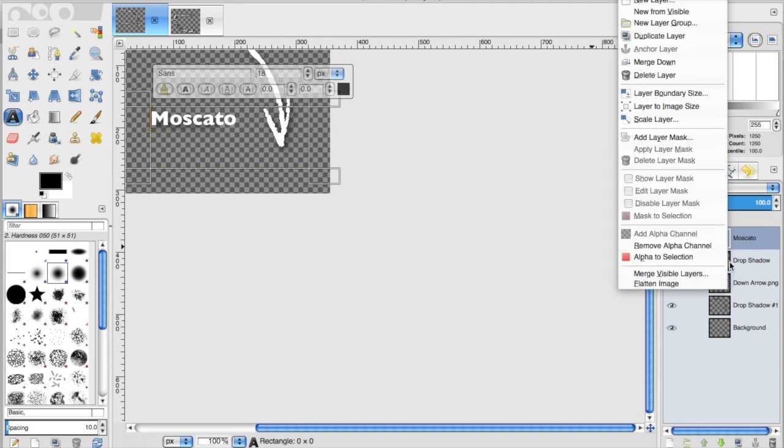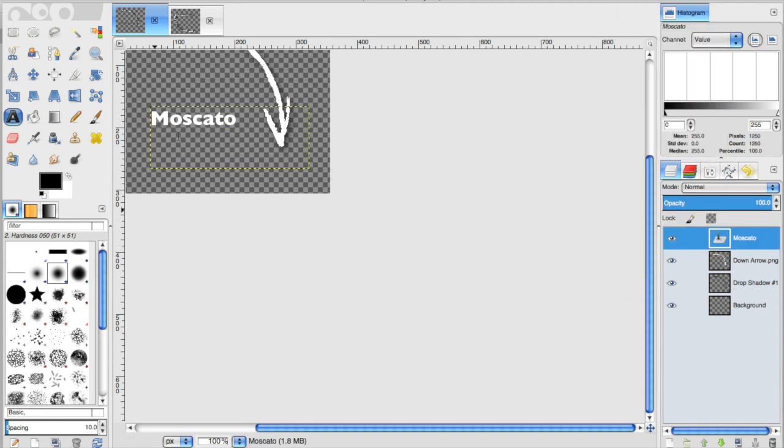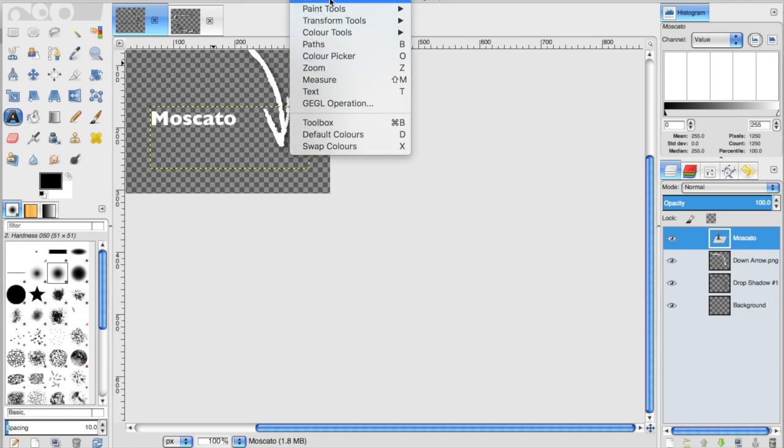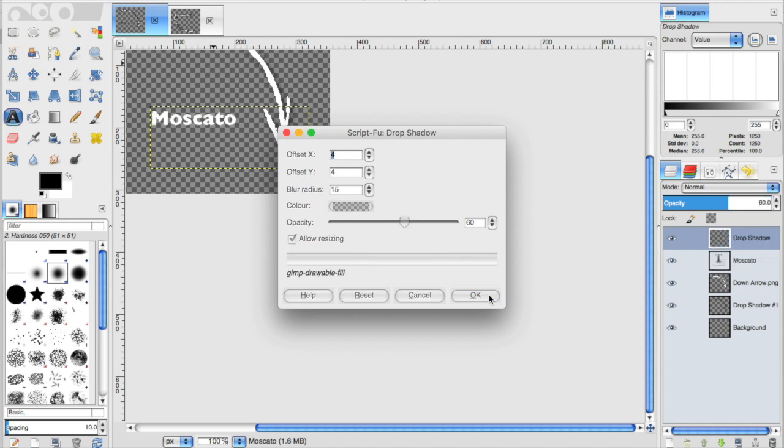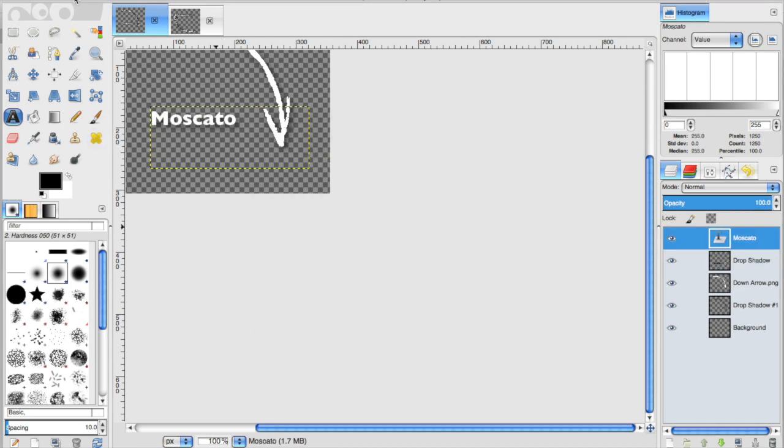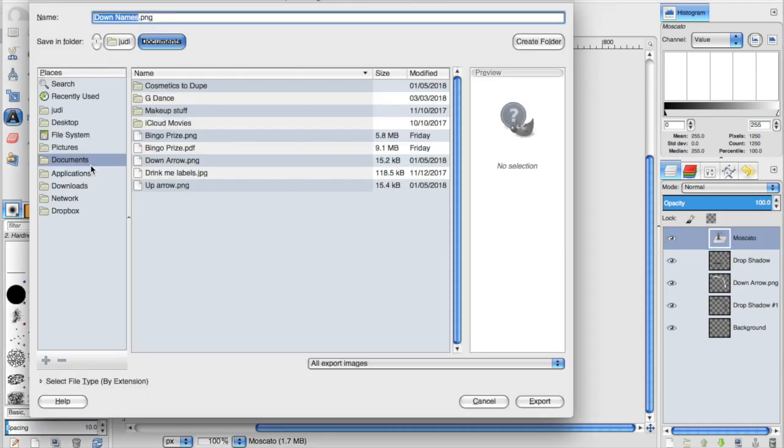Take out the drop shadow. Add the new drop shadow back in with the defaults. File, export as Moscato. And put it in the same place.